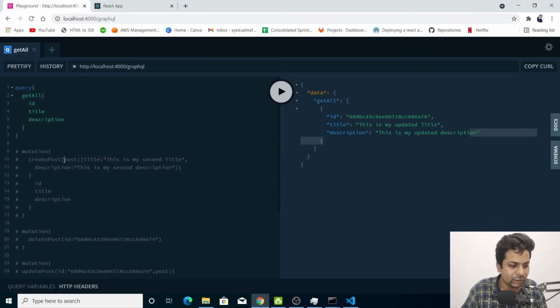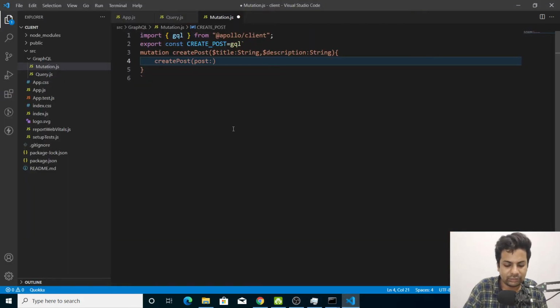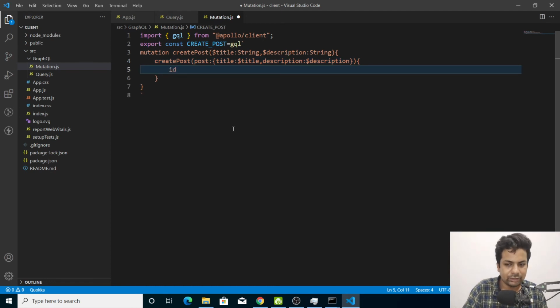We pass a key called post, then title and description, and here we receive title, we'll say $title, comma description, and we'll say $description. Okay, now in return what we need, I think we'll just make ID in return. We'll just need the ID.